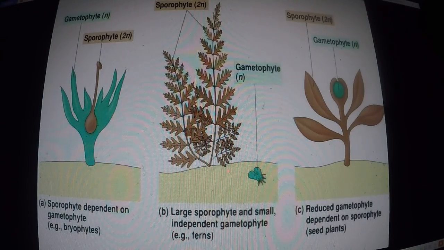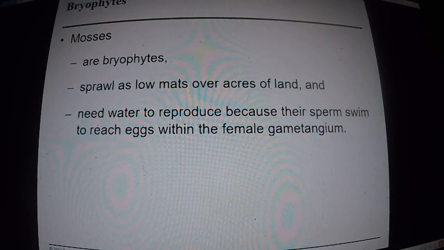The bryophytes are different than the others. The sporophyte generation, the generation that gives rise to spores, is found inside the gametophyte generation, the generation that gives rise to gametes, the sperm and egg cells. In all the other ones, the ferns and the angiosperms and gymnosperms, the sporophyte generation is the predominant generation, and the gametophyte generation is minute in the fern and completely enclosed in the sporophyte generation in the angiosperms and the gymnosperms.